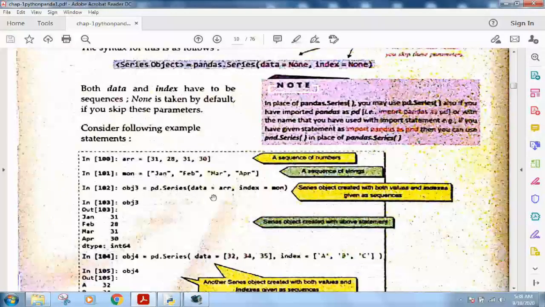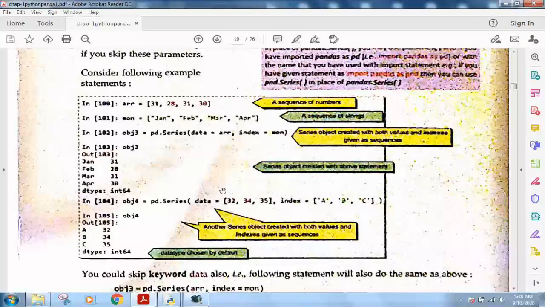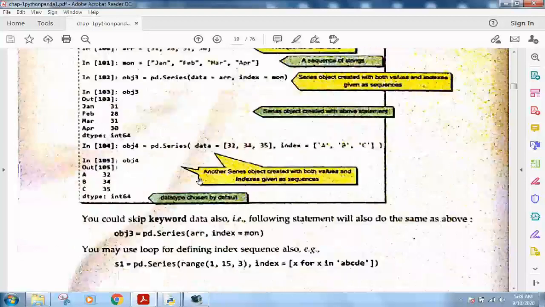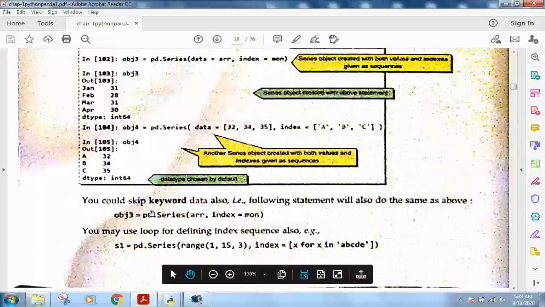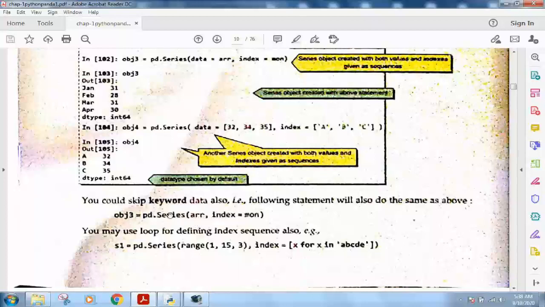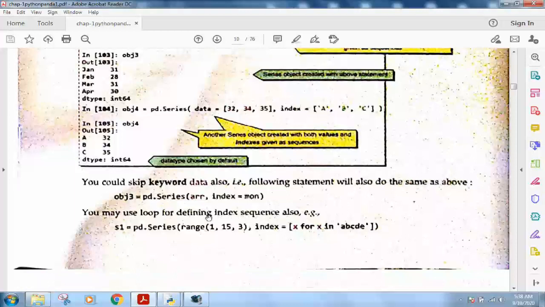So in pandas, when creating the object, you can specify the data and the index in the Series function. You can also skip the keyword data, which means you do not specify the keyword data and just put the list into it, and you can still create an index.